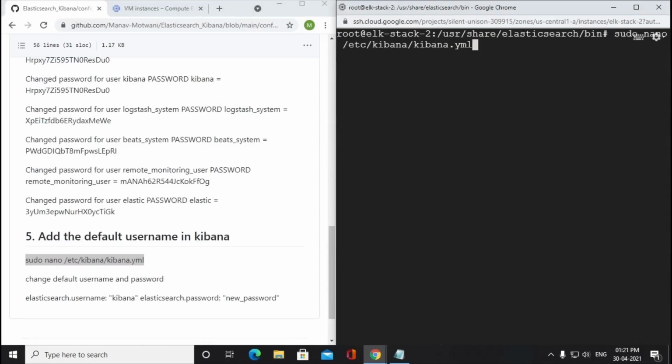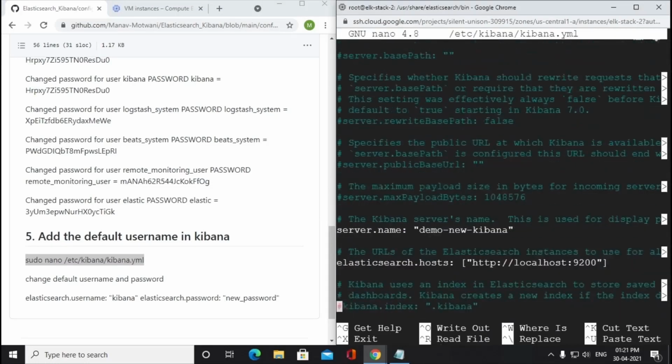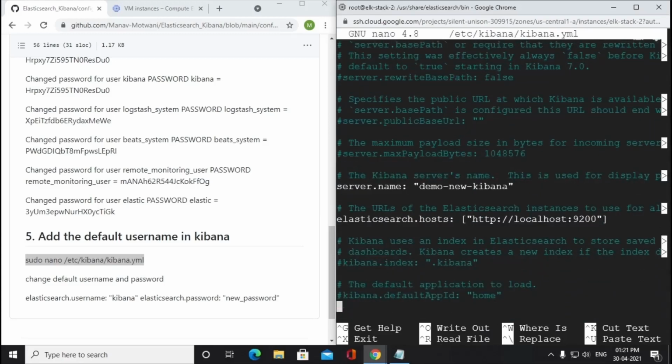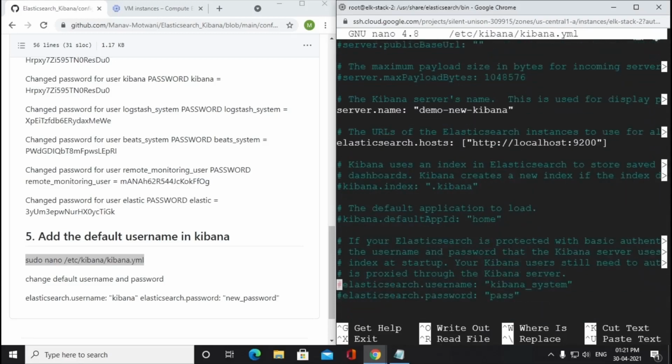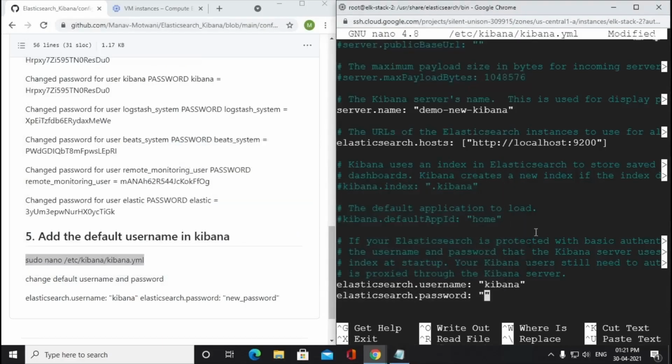Then we need to edit the configuration file of Kibana also, and we need to provide the Kibana username and password in the Kibana configuration file. This is the password we just generated.